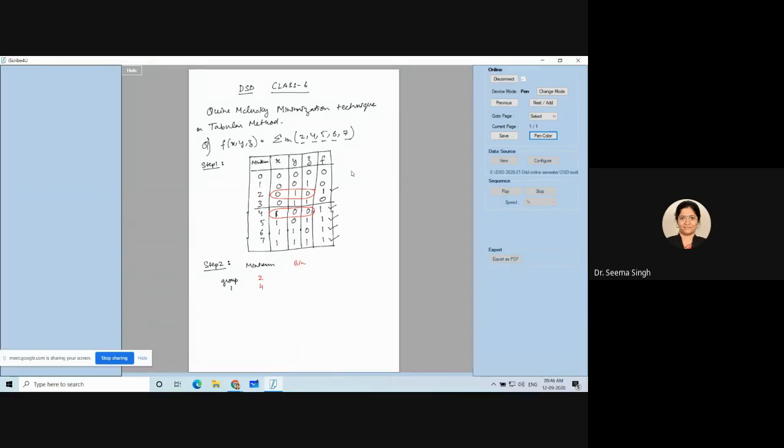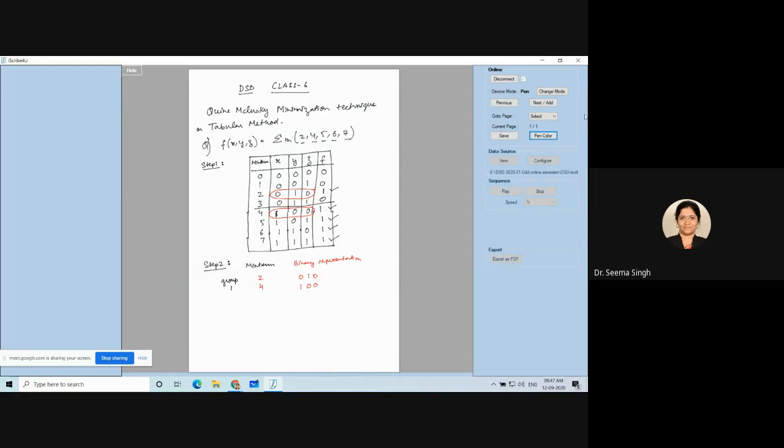And what is the binary representation? This is your step 2. So I need to write 2 here, 0 1 0, and I have to write 4 here. Actually, a group 0 could have existed, with the minterm without any 1, if 0 would have been 1. But in this question, 0 is not 1. So my group 1 is starting with the number of logic 1 in the minterm. Only 2 expressions are there which have one logic 1.